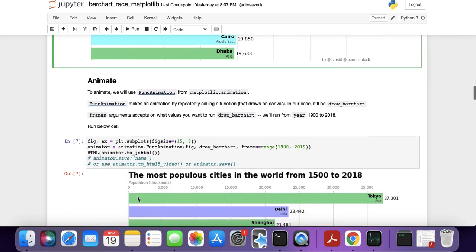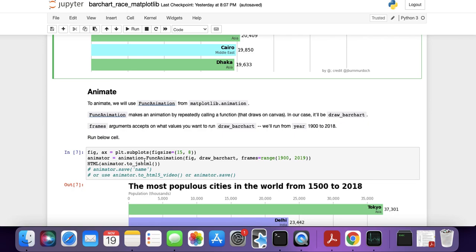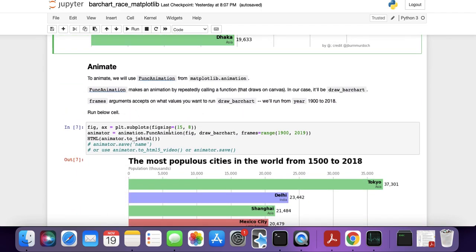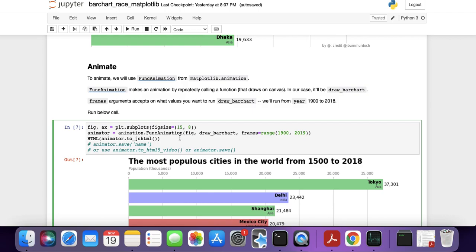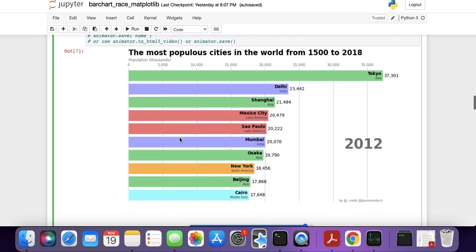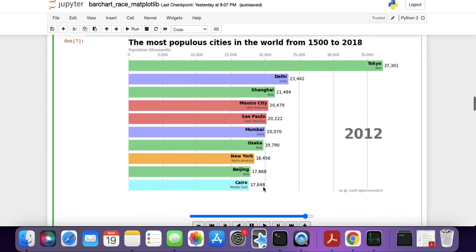Now I want to show you what you can get for multiple frames, how you can then put together those multiple frames, right? So once you kind of modify the function up here, you can then come to this animate cell, and then you'll run this. And I'm not going to run it again just because I already have it set up. But you can now see that we have this